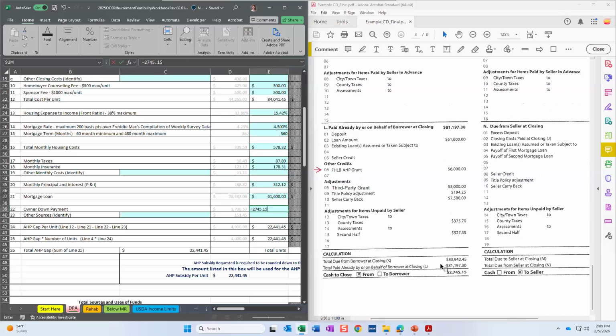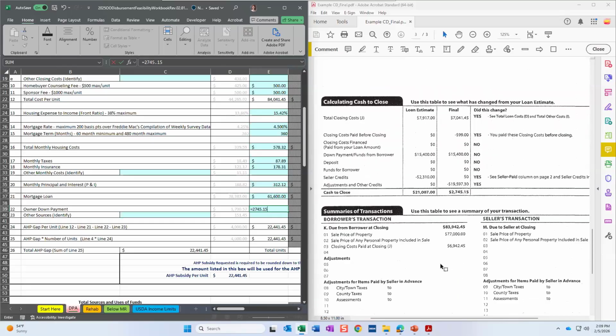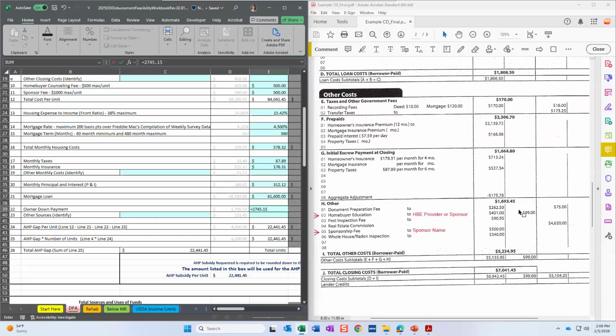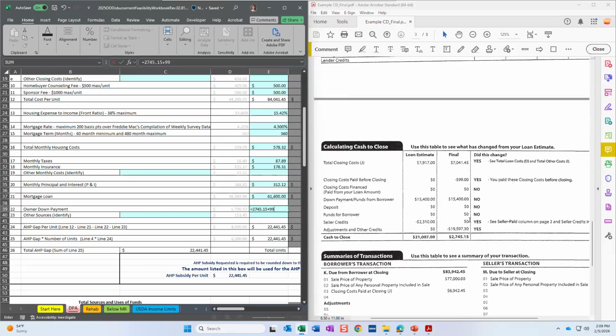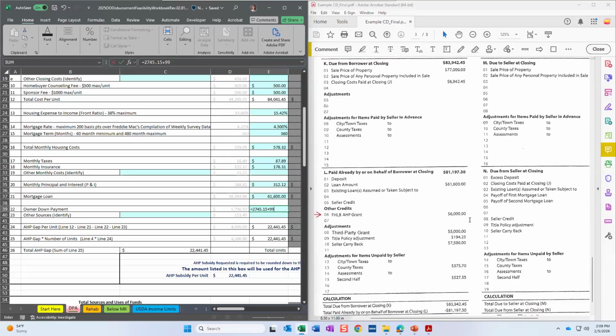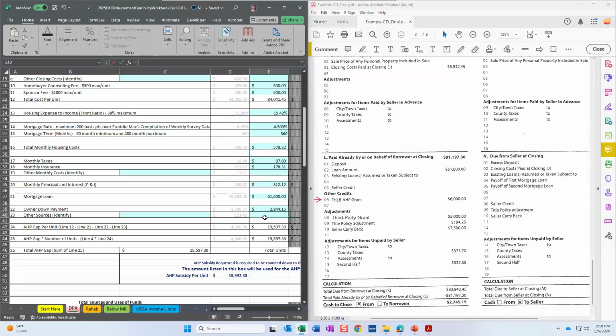The other thing that's going to go into here is any costs paid prior to closing that we included in our calculations up above. So I mentioned earlier, this is going to be any costs paid prior to closing that are attributed to specific AHP fees. So the homebuyer education fee is a fee guideline. We did include the full 500 up here, so I need to make sure that I include the amount that the homebuyer paid prior to closing, and they paid $99. So we're going to stick that in here. All right, so that's going to be all of our owner down payment as we would define it here at the bank for this one. So I'm going to go ahead and set that calculation there.